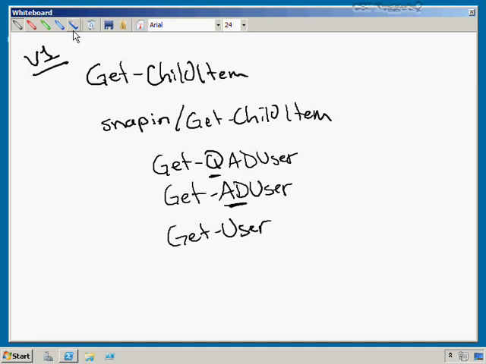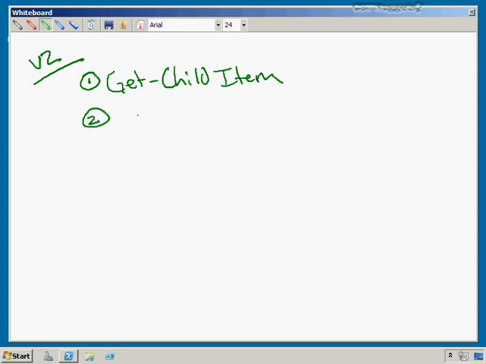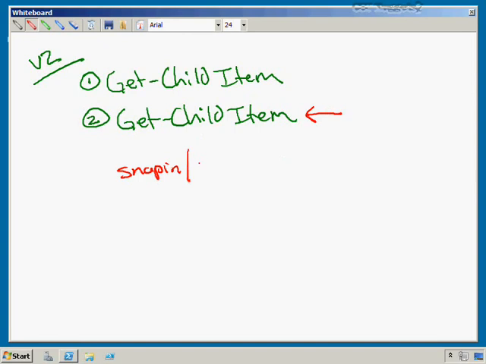Well, the behavior changed slightly in version 2. In version 2, if you already have an existing commandlet, like Get-ChildItem, and you add a snap-in or a module or something else that also exports this same commandlet name, PowerShell will let it happen. So we're going to call this number 1 because that's the first one that was built into the shell. And then we loaded a module or added a snap-in that had the same commandlet name, Get-ChildItem. Now what happens is if you run Get-ChildItem, you're going to be running the second one. And if you need to run the first one explicitly, then you have to resort to the snap-in slash commandlet name